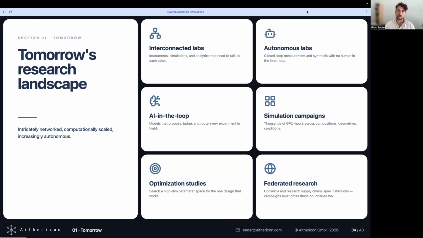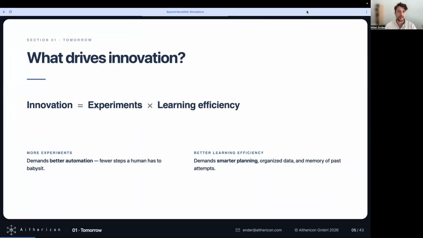And of course, what we can see, I guess, as a natural cause of a globalized world, is more and more federated research. So also the research supply chains get more complex. We have suppliers of raw materials. We have different consortia, each group specializing in some kind of work. Often we have experimentalists and theoreticians working together. We have the industry that provides use cases and also is actively researching as well.